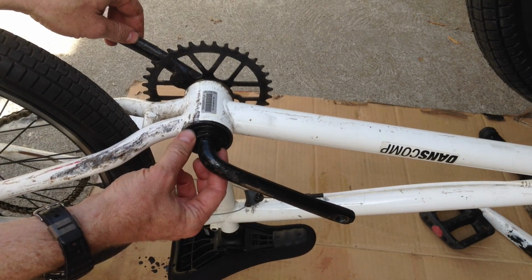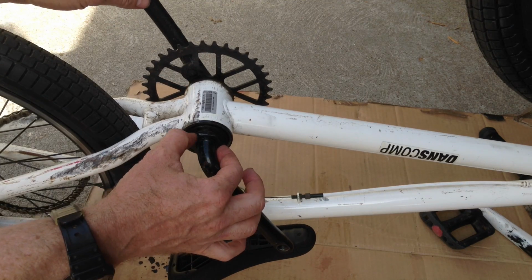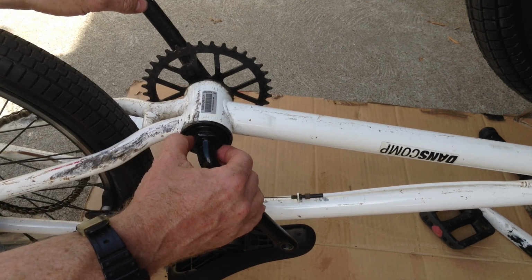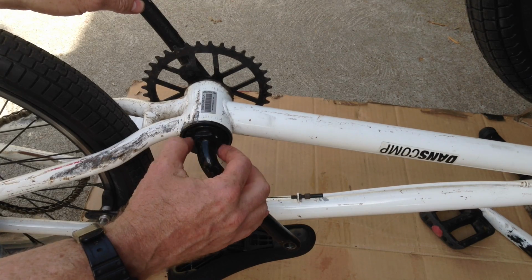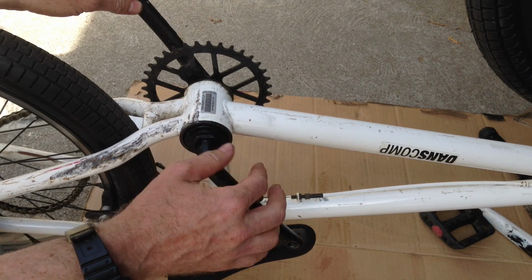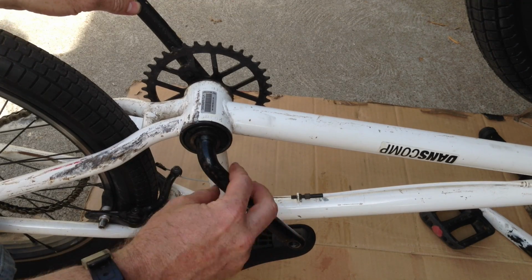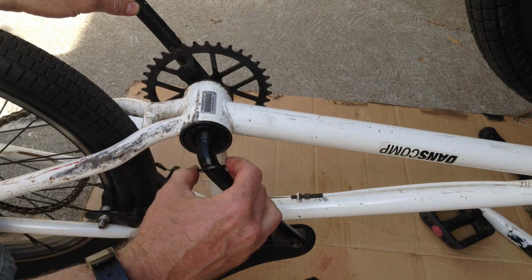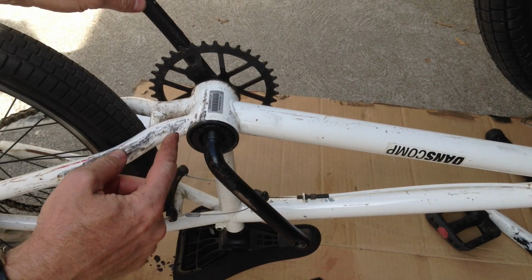Now it's kind of hard to see because this is black, but there's a nut on here, a washer, and then a kind of bearing cone. To take it off, you turn it the opposite way that you think you would need to turn it. So you turn it clockwise and the nut will come off. Obviously you'll need to use a wrench because yours will be tighter than this. There's a washer, and then this one,